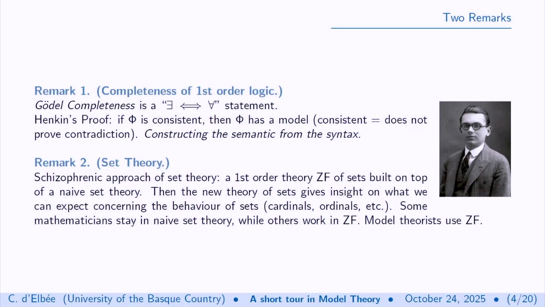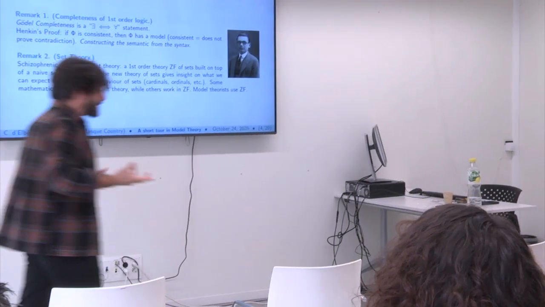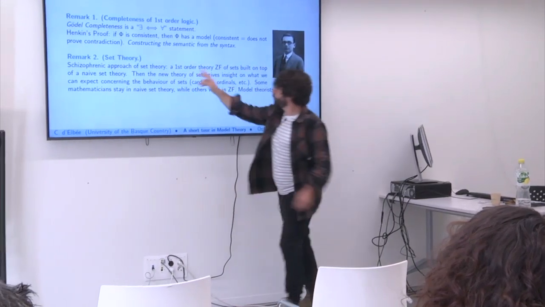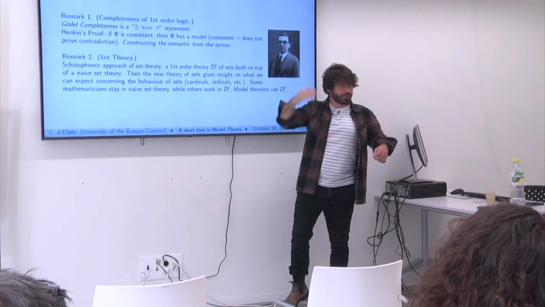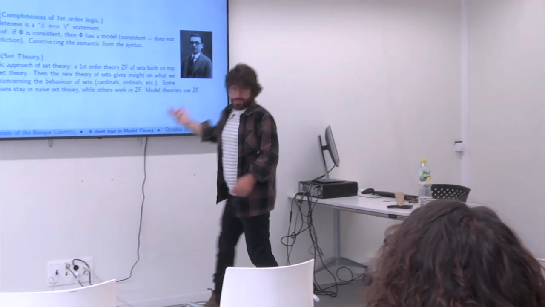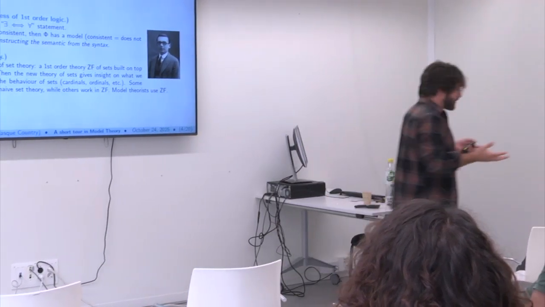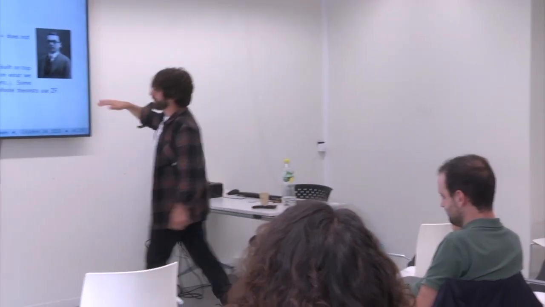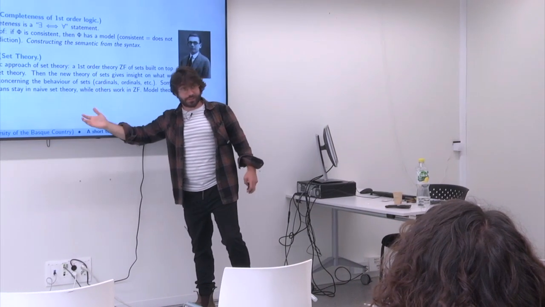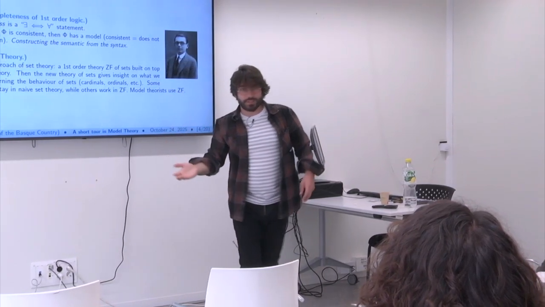Similarly, we have this naive notion of sets, and then you can construct a first order theory, ZF, Zermelo-Fraenkel, which is just a little list of axioms, which gives you the behavior of sets which we expect the sets to satisfy. And then you discover a whole new world of new sets, which gives you insight on completely unpredicted new behavior